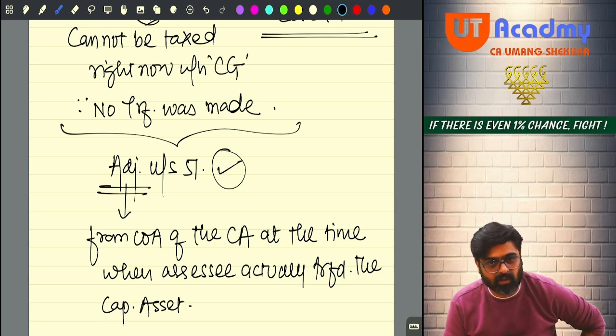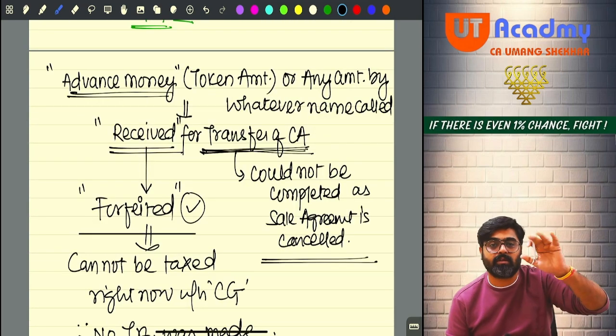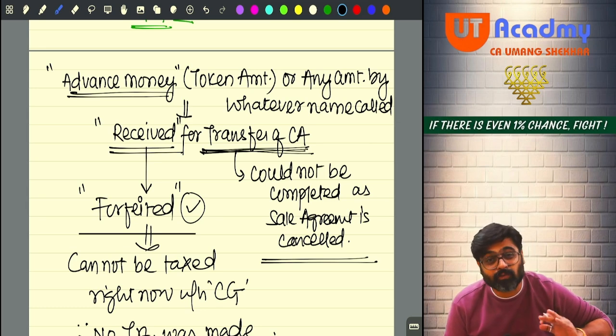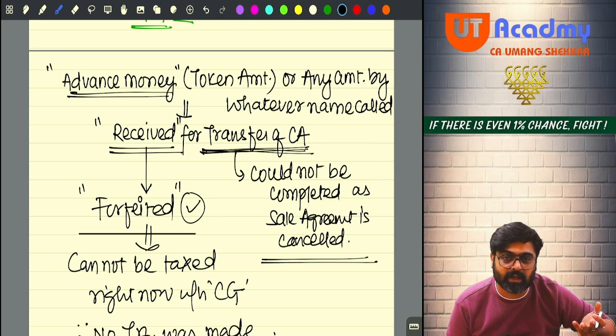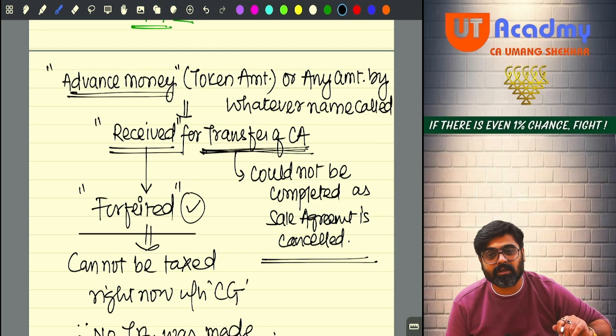So right now, for example, advance money received by you and forfeited by you, how much was that amount? 5 lakhs? Yes or no? Advance money received and forfeited was 5 lakhs. This 5 lakhs will be adjusted out of the cost of the asset. And for example, the cost of the asset was 30 lakhs. So at the time when you will sell this asset in the future, for example, in future you are selling the asset for 50 lakhs. So sale consideration 50 lakhs. Transfer expense, example, no transfer expense. Net consideration will be 50 lakhs.